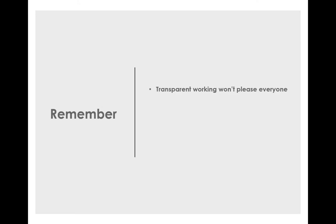Remember a few things. Transparent working won't please everybody in your team. Consider that if it's somebody's job to import CVs and post jobs, their job is going to be dramatically changed. I've been to many recruitment companies where it is exclusively one person's job to put jobs on job boards and another person's job to import CVs. Implementing something like Voyager will have a dramatic impact on a team like that. But consider that in the future, the focus should be on making placements and doing recruitment and not doing admin